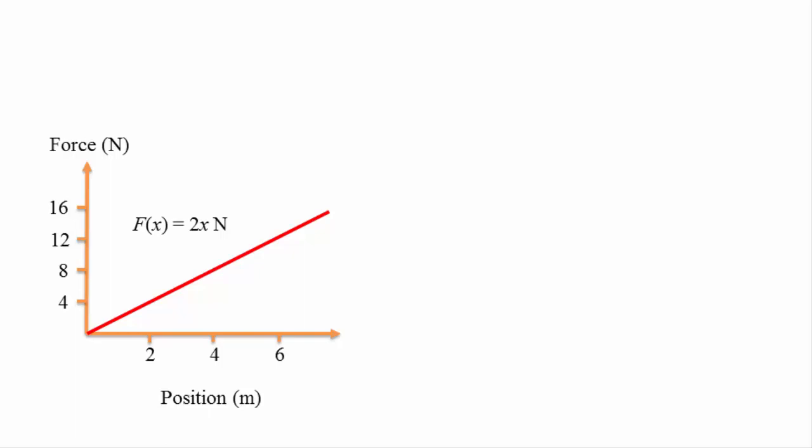Well, there's a few ways to go about it. The first simple way for this example is to calculate the area under the graph using basic geometry. We can see that the area under the curve between 2 and 6 meters is a trapezoid. A trapezoid has two parallel sides, h1 and h2, and a length between them, x. The area of a trapezoid is equal to the sum of the two parallel sides divided by 2, then multiplied